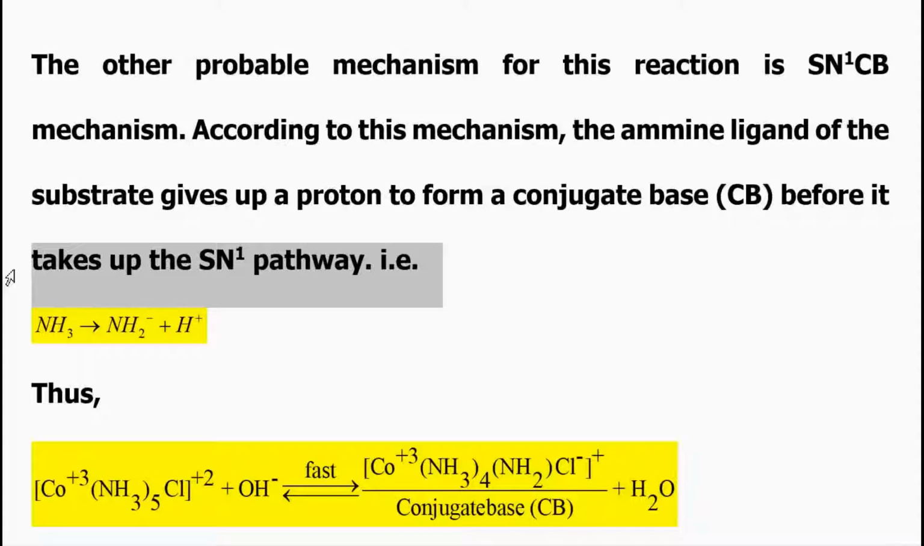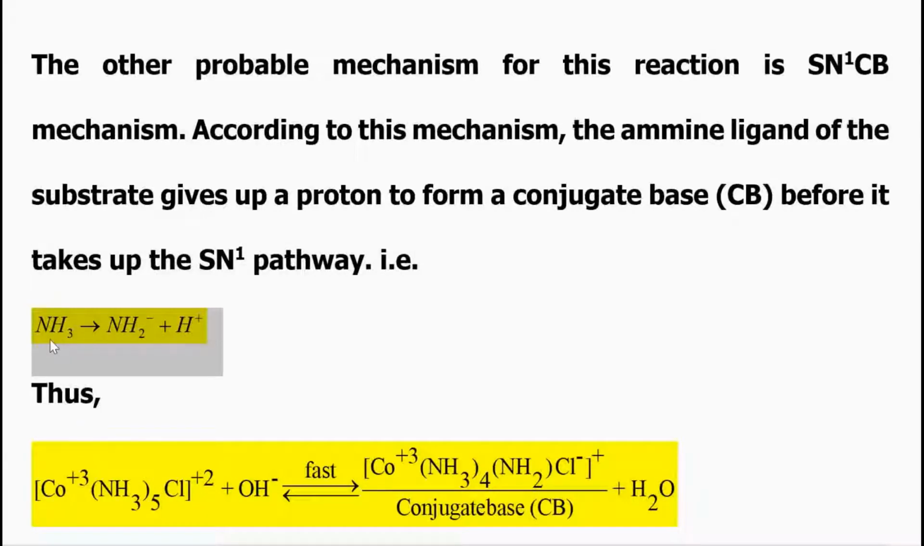So the SN1CB mechanism is one type of SN1 mechanism only, but before the SN1 mechanism starts, one of the non-leaving groups gives up a proton to form a conjugate base. This is the reaction corresponding to the giving up of the proton. So one of the ammonia will be converted into NH2-, that is the amido ligand. So the reaction can be shown like this: